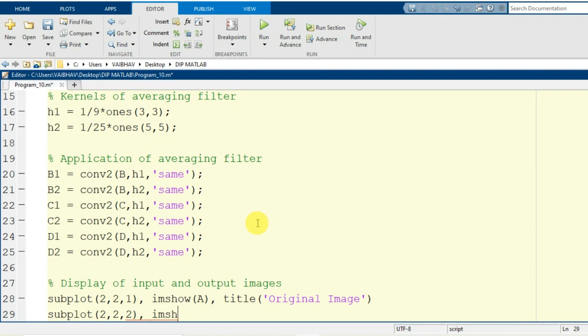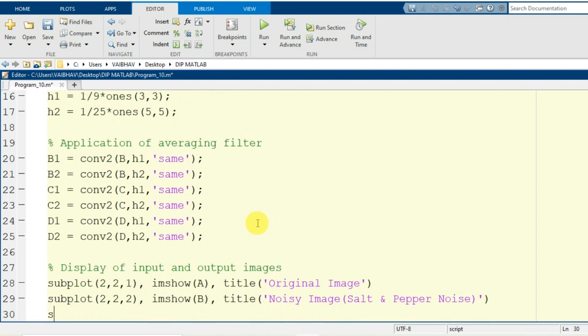The use of the imshow command again. This time the input argument is capital B. So B is the image after addition of noise to the original image, where the noise type was salt and pepper noise. The corresponding title I provide here within a pair of single quotes. The string can be printed thereupon, noisy image, where inside the bracket I will specify the type of noise, that it is salt and pepper noise.